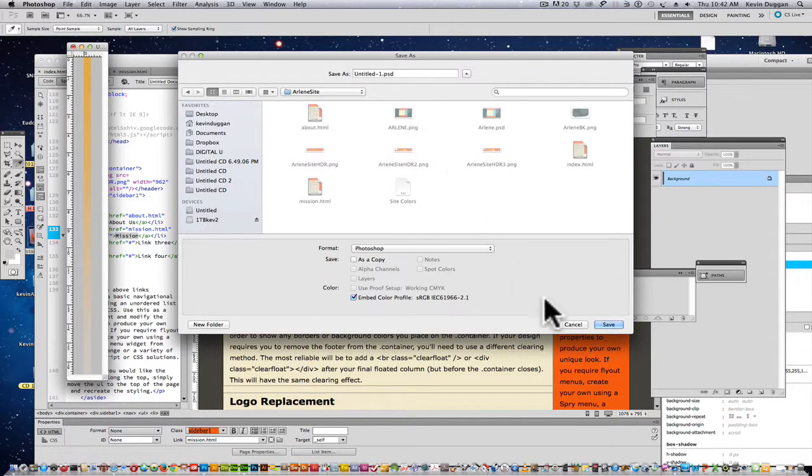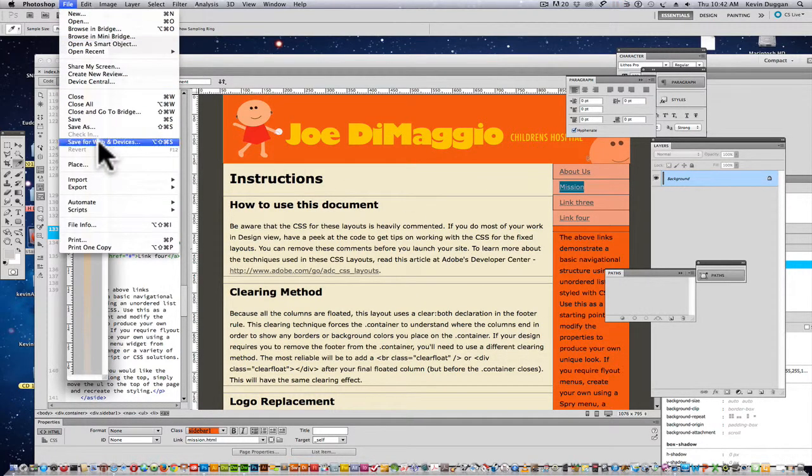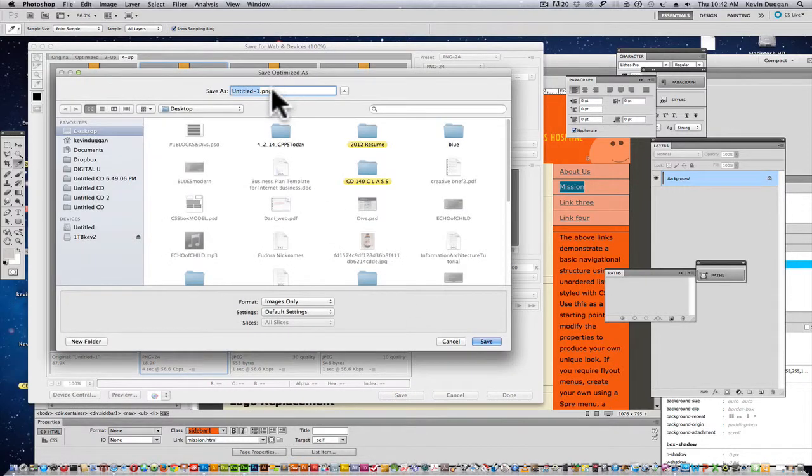And I'm going to save it not as a PSD, because that's not going to work. Save it for web and devices. Save it as a PNG or a JPEG. PNG's fine. You're always safe using a PNG. I'll call it